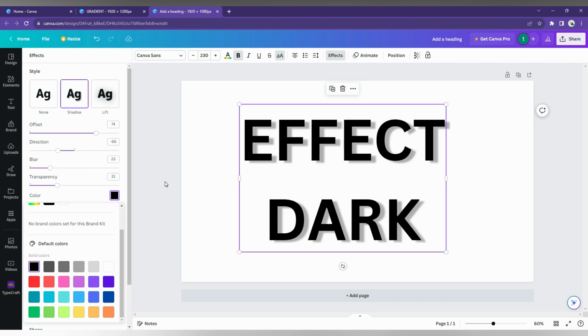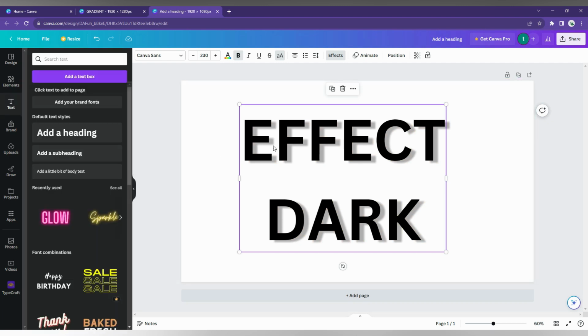So this is how you create the shadow text effect on your